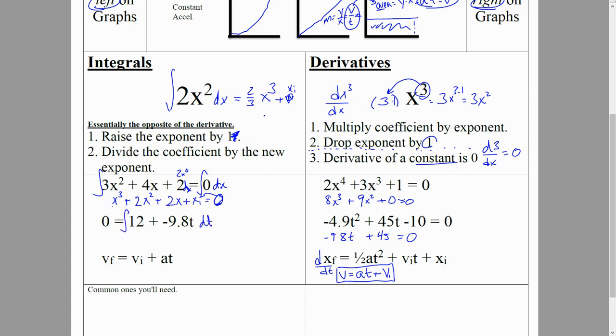So if I integrate this, since my variable is time, let's integrate it with respect to time. Remember that this is like saying x to the 0, so I'm going to raise that power by 1, divide by the new power, 12 divided by 1. I'm going to take this guy, and instead of x here, we're going to look at this and say,